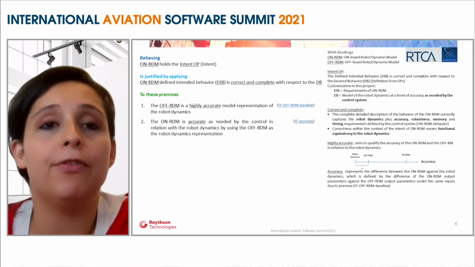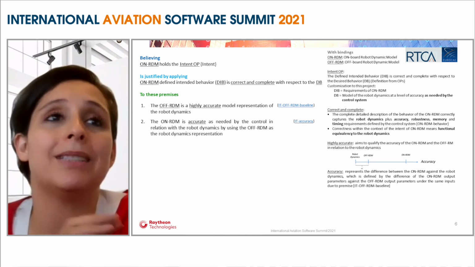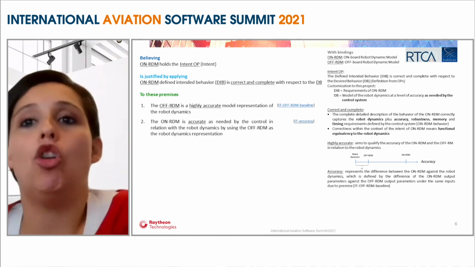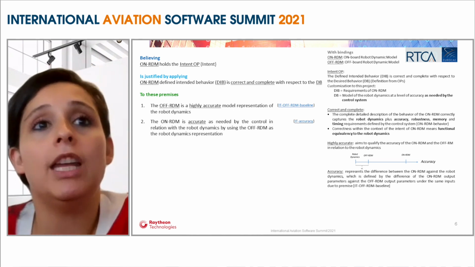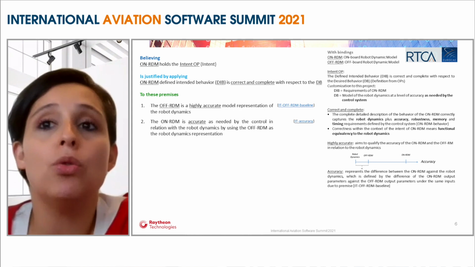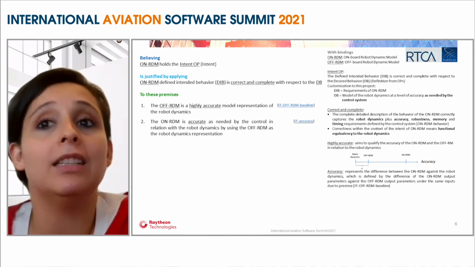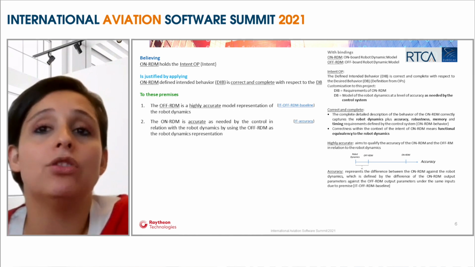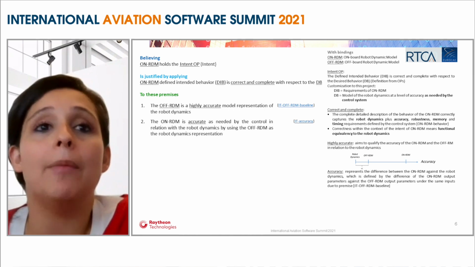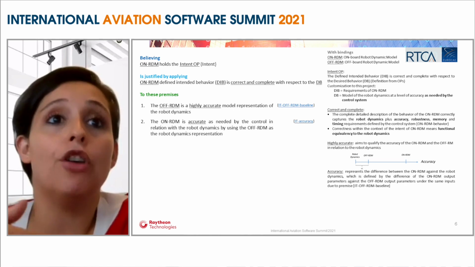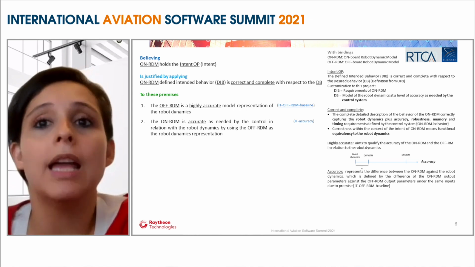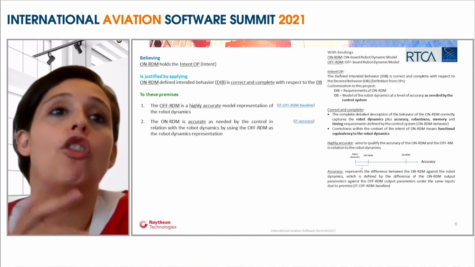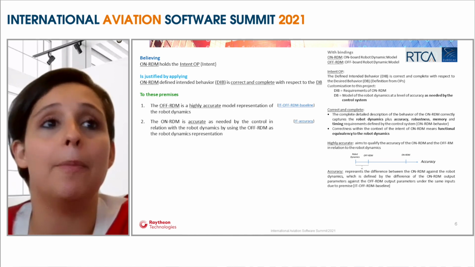As defined here in the bindings, the accuracy is represented by the difference on the outputs of the onboard model and the offboard model. If we look at premise number 2, it guarantees that the accuracy of the onboard model in relation to the robot dynamics is okay and is enough for the control. As we see in the premise, we are using the offboard model for doing these